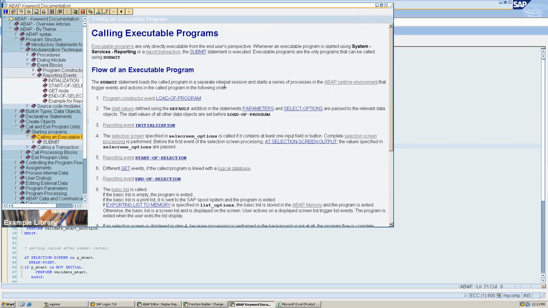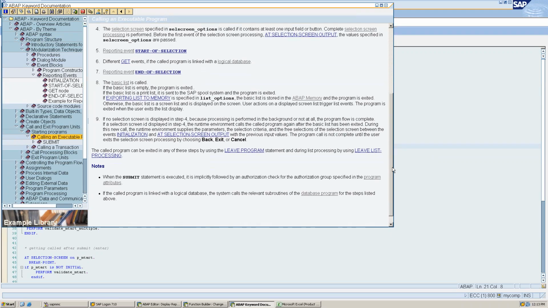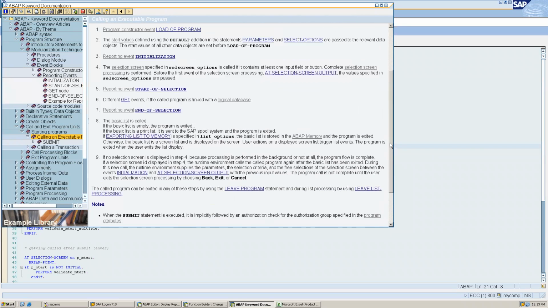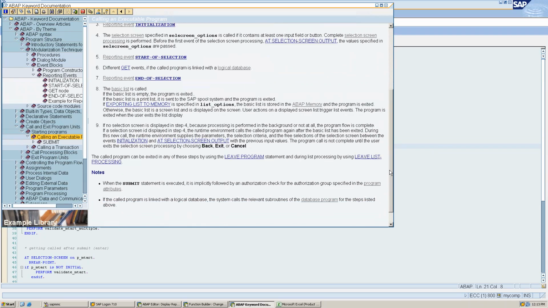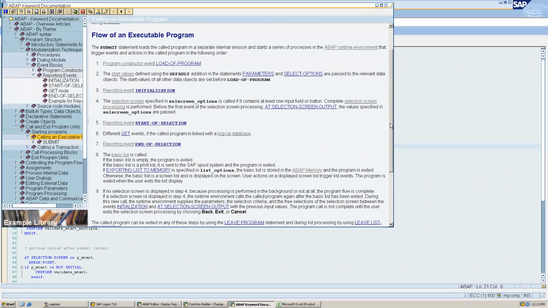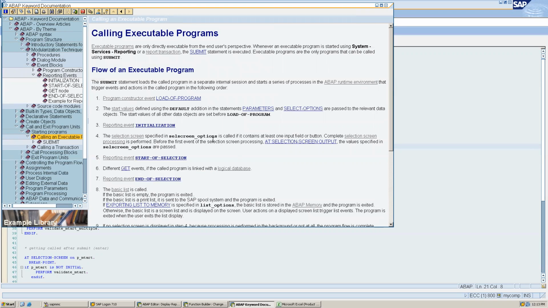I think this is the event flow and execution of the program. See, first it will call load of program, then it will call initialization, start of selection. They have not mentioned those events here. I mean, whatever we have seen, right? Yes, they have mentioned here.